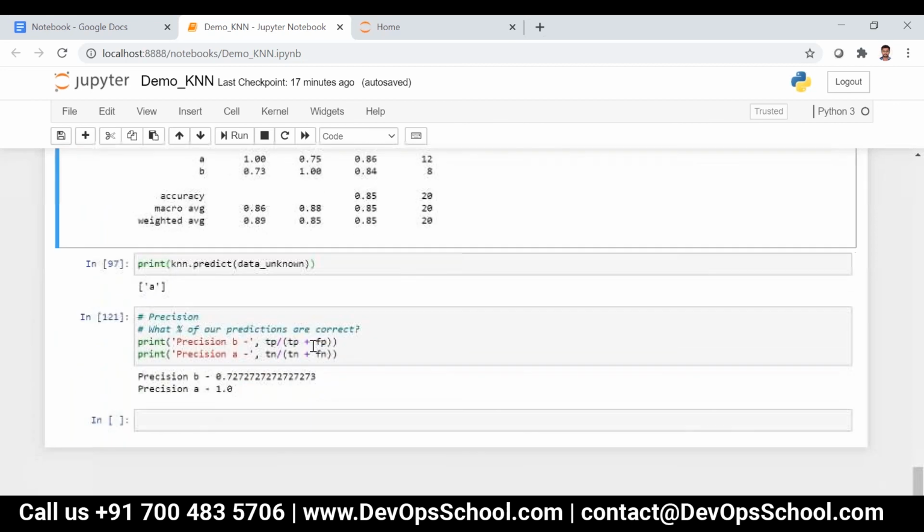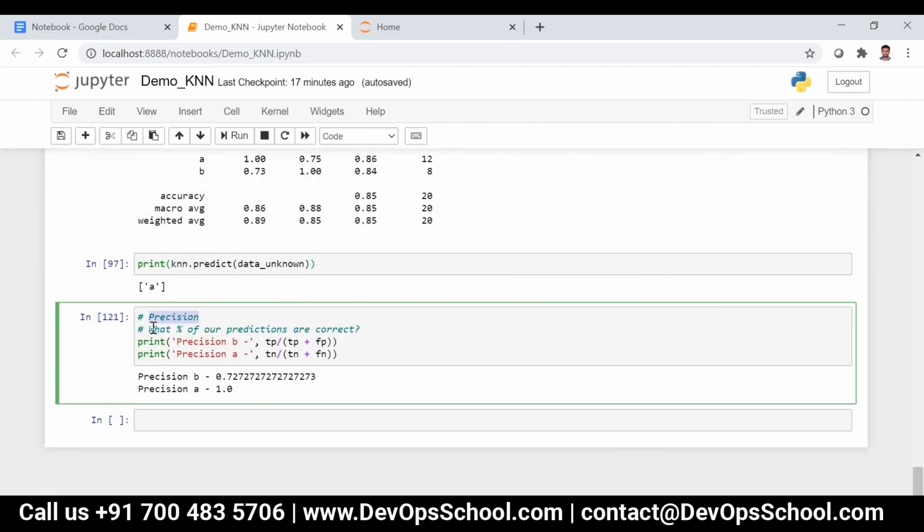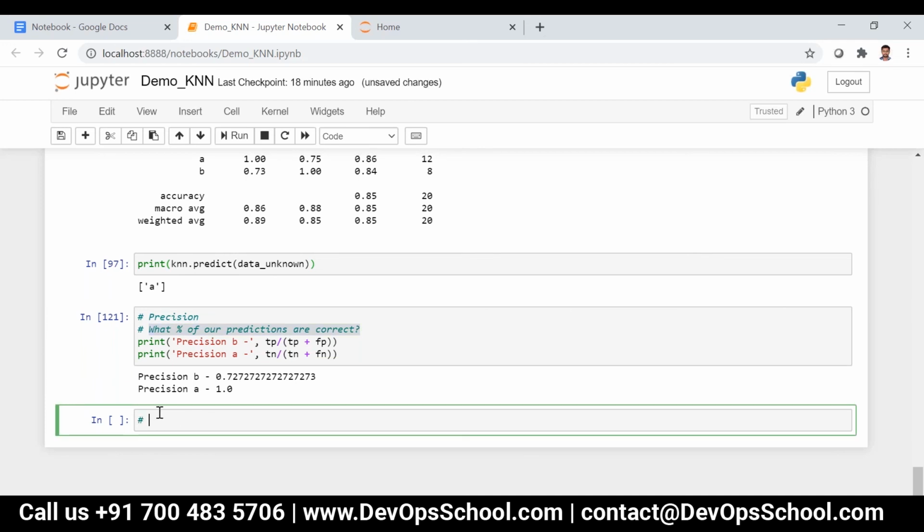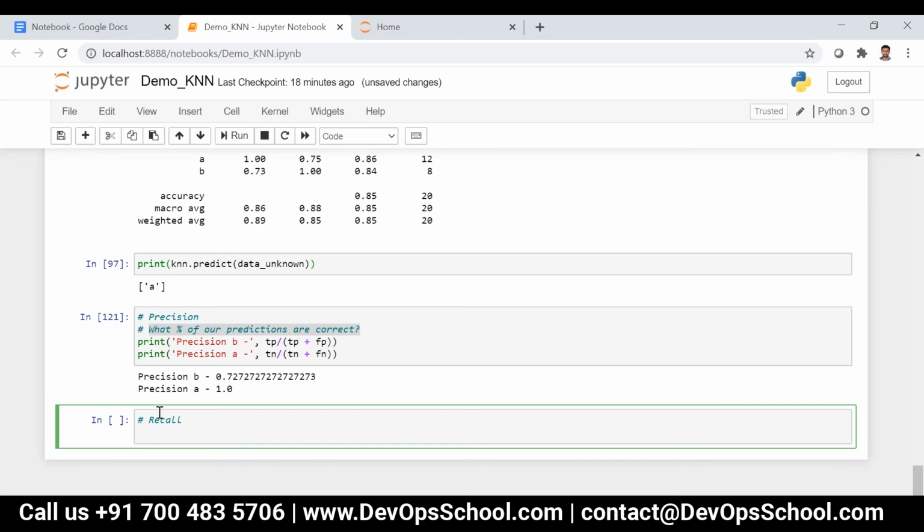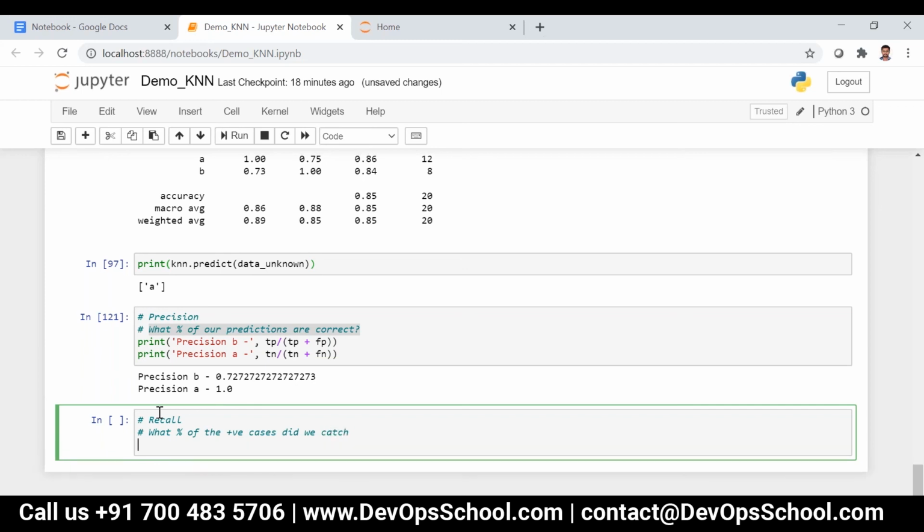Now coming to recall. Precision is nothing but what percentage of our predictions are correct. Now what is recall, guys? What percentage of the positive cases did we catch?